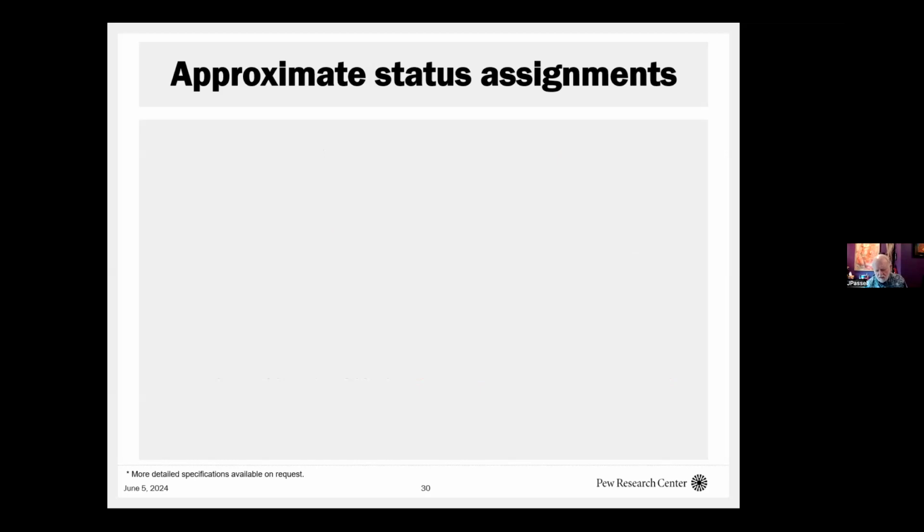So, like I said, it takes a while to do this. We have to build up the population estimates. We have to get our targets. We have to clean the data. It has seemed to me, and I get requests on, well, how can I do this? What can I do, from people who are doing research to look at the role of unauthorized immigrants as distinct from the legal immigrant population. So I think there are some useful ways to approximate this.